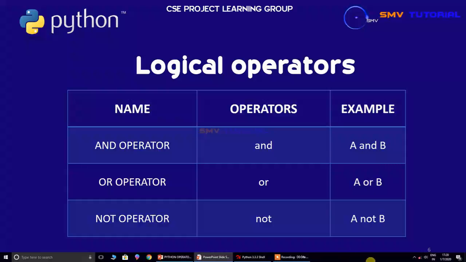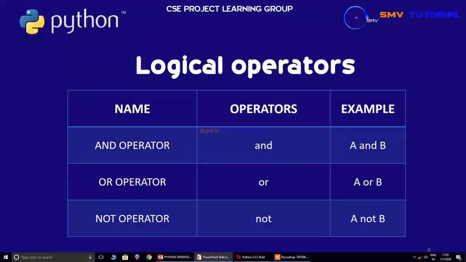And next, these operators' symbols. The AND operator has the symbol and, and an example is like this. The next one is the OR operator, which has the symbol or, and an example is like this. And the final one is the NOT operator, which has the symbol not, and an example is not B, like this.